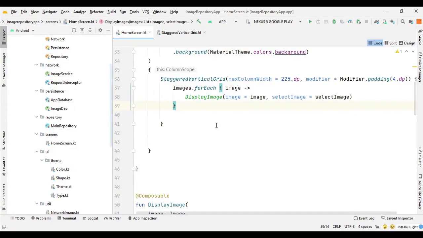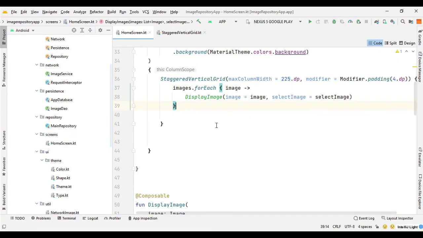So in this section we will create our view model. So what is view model? We use the view model class to store and manage UI related data in a lifecycle conscious way. The view model class allows data to survive device configuration changes such as screen rotations and changes to keyboard availability.